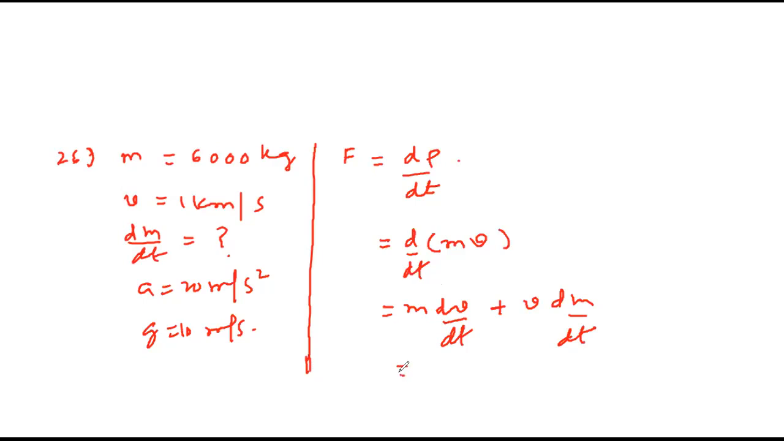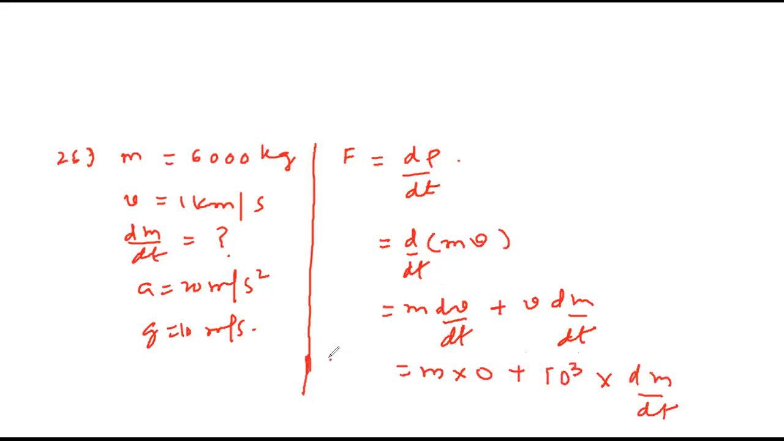The mass of gas is not given. I don't know the mass of gas. Gas is ejected with constant speed, so dv by dt of gas will be 0. And it is coming out with 1 kilometer per second, that means 10 raised to 3 meter per second. dm by dt you have to calculate,